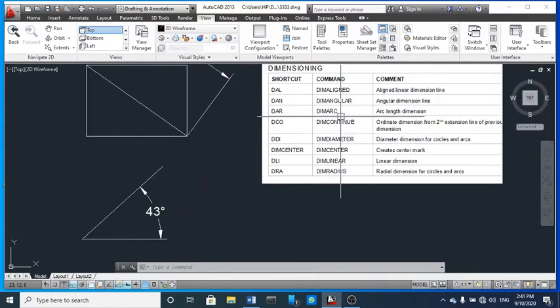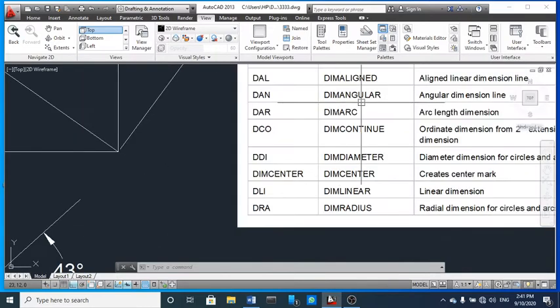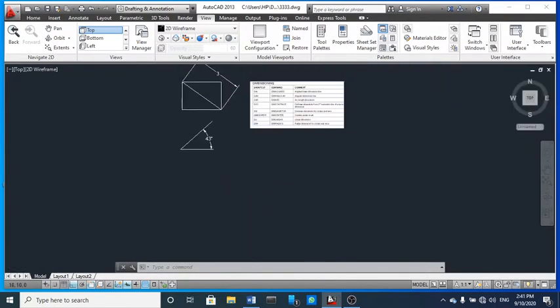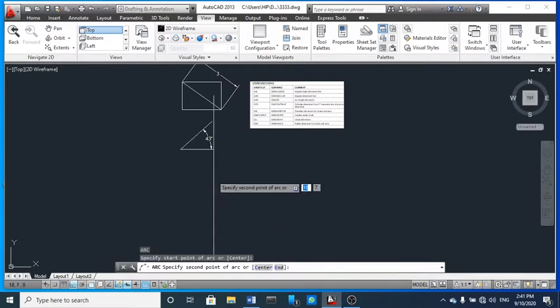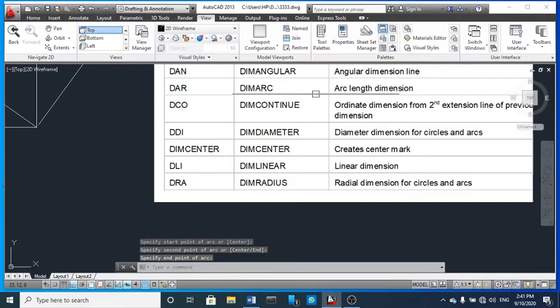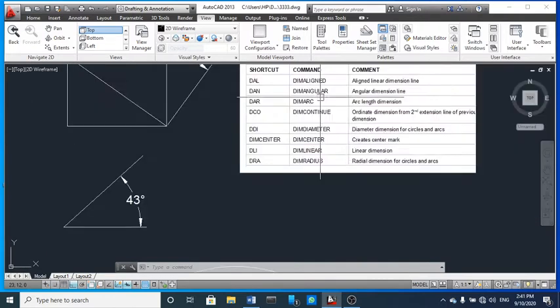Next one is for arc. If you want to calculate arc length, you have to use DAR for dim arc. So I'm going to draw an arc first of all. Here you can see this is an arc. For the length of the arc, I am going to type DAR.